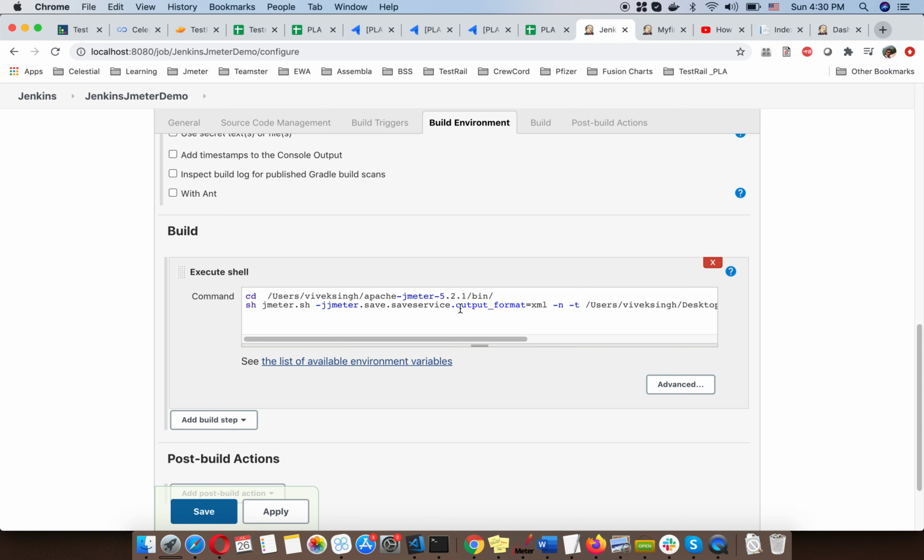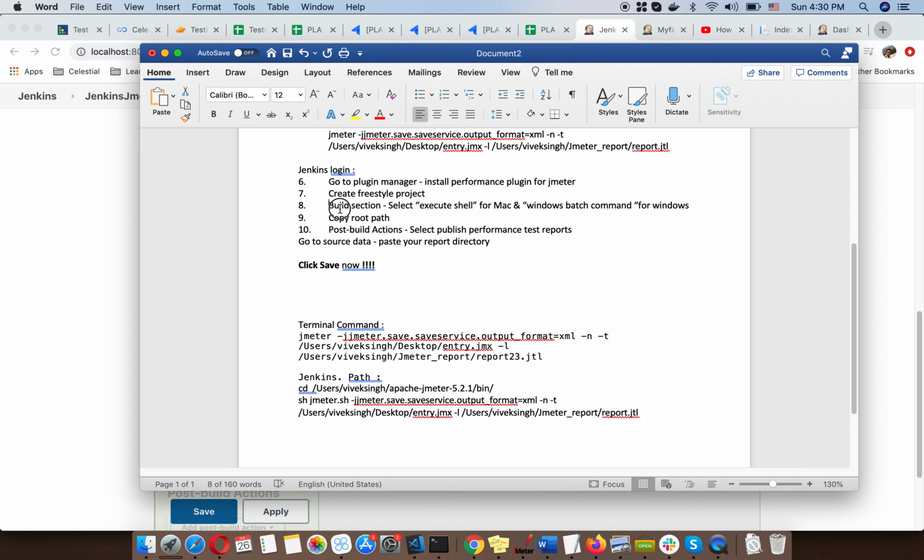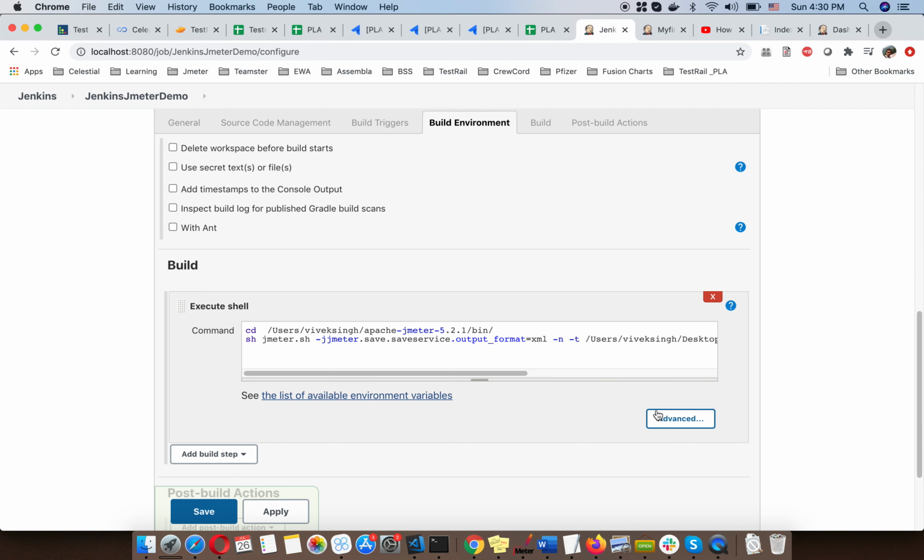So this is my bin folder, and this is my command line execution, the command which we have used to execute the script from the command line. All right, so maybe let me use this. What is the next step? So this thing we have done. I hope you got it. The thing you have to remember is just give a root path of your bin folder and then give the overall command to execute. Okay, this we have used.